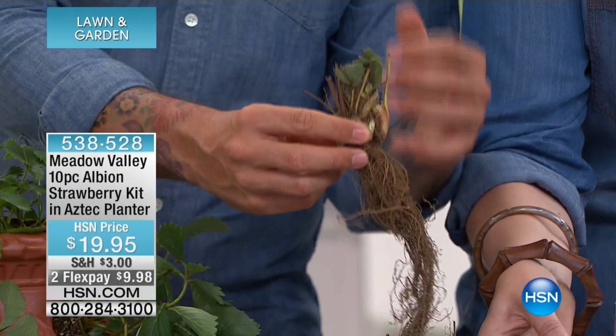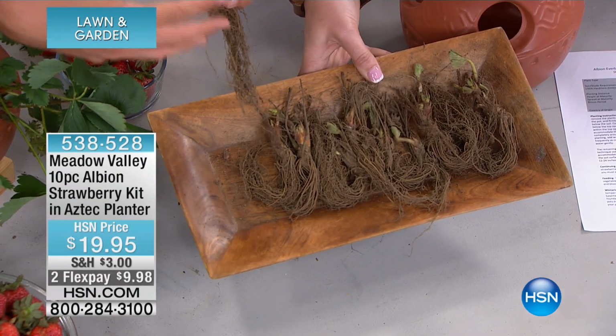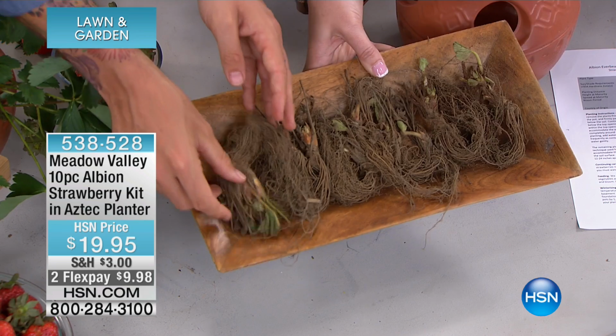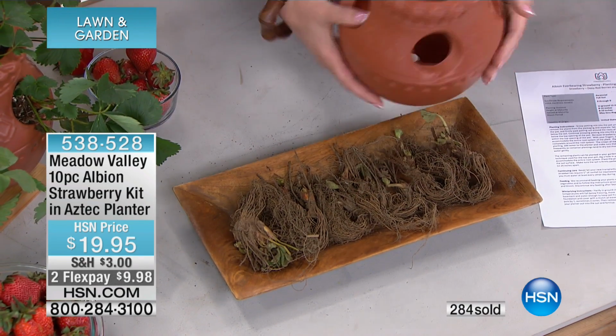So we're helping you to save money by not asking you to pay for the container and the soil, just as you'd see in the garden centre or DIY store, but the raw material of the plant, which is here. And you've got 10 of those in the kit. And then you also get your little Aztec planter. It looks like a terracotta, but it's done in this great